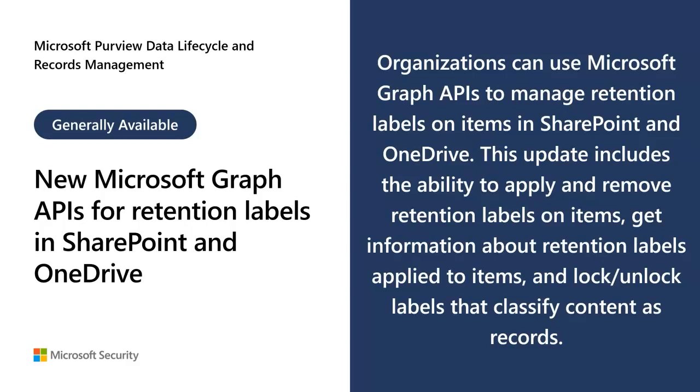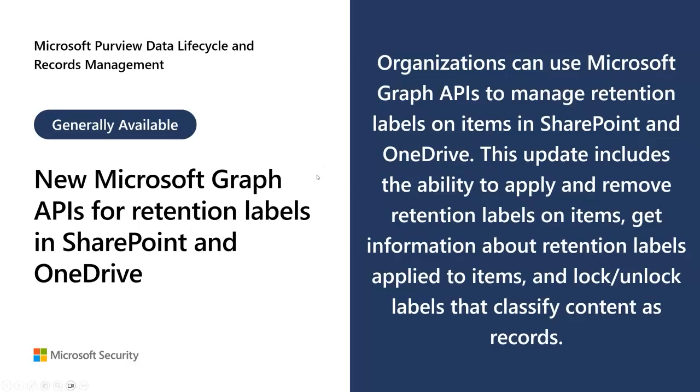What this will allow you to do is this update allows you to apply and remove retention labels on items. It also allows you to get information about retention labels that are applied to items in SharePoint and OneDrive, and then lock and unlock records at scale, right? So if you have any custom flows that use graph APIs, now you can basically incorporate DLM capabilities also into